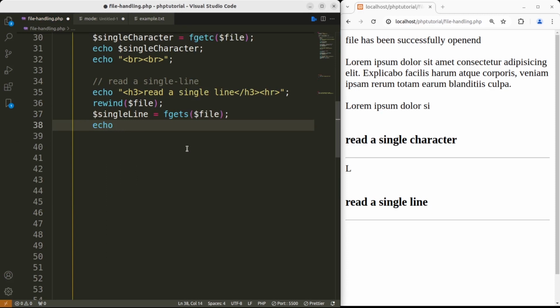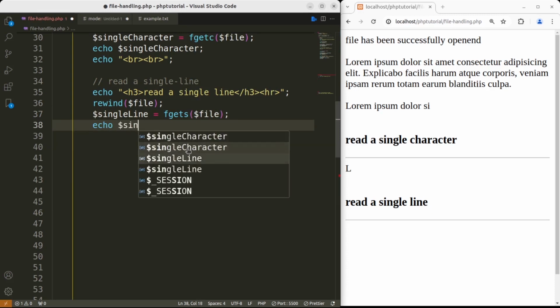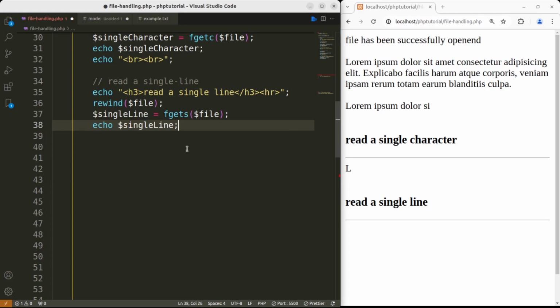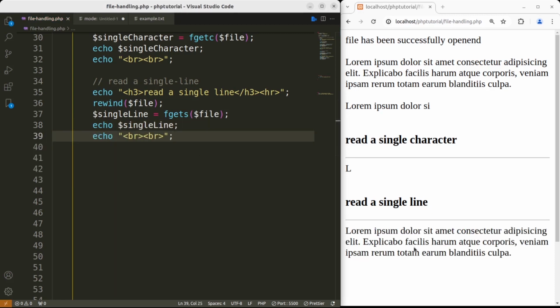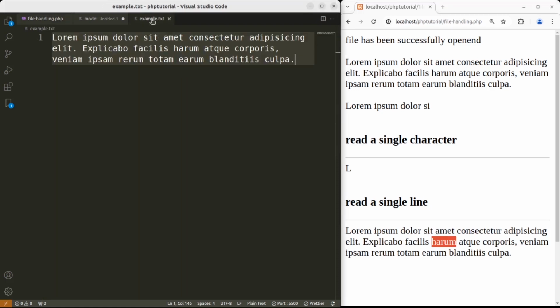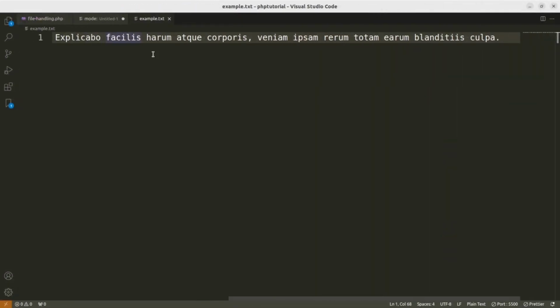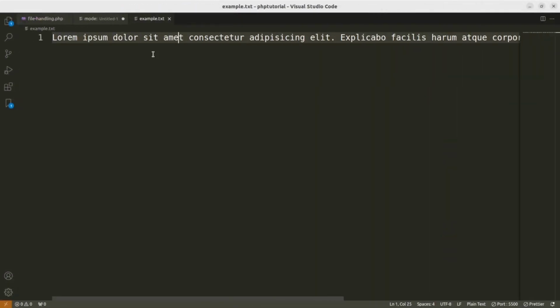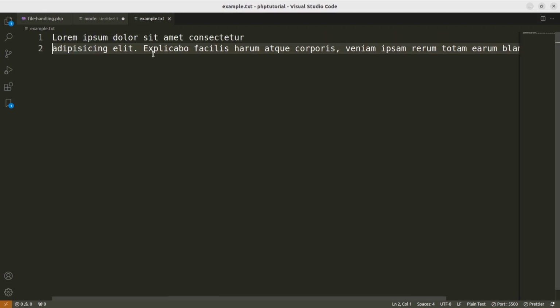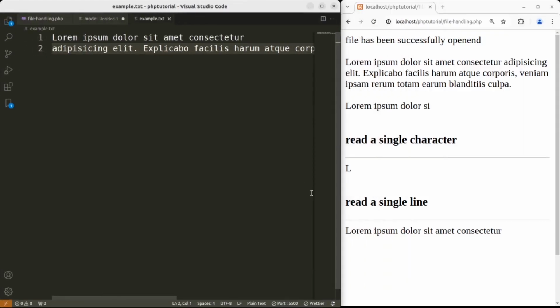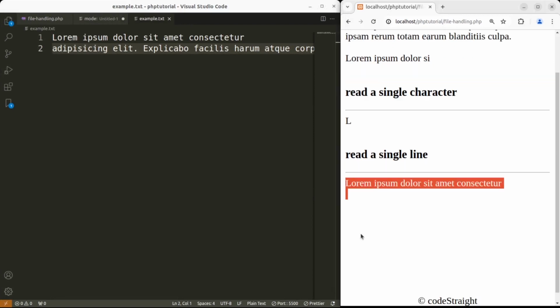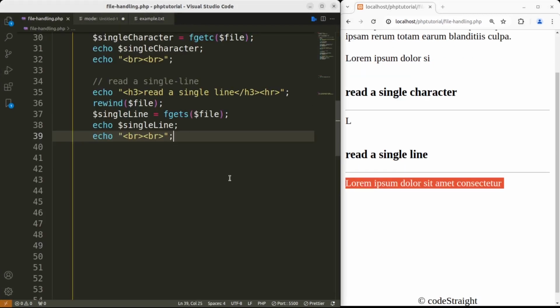And now let's echo single line followed by semicolon and some line break. Now if I hit save, we get, because we have only one line, let's edit this. Let's unwrap our editor, and let me maximize the browser, and let's take this code to the next line. Hit save. Let's resize that, and now if you notice, we get only a single line from the beginning. Let's get back to file handling.php,